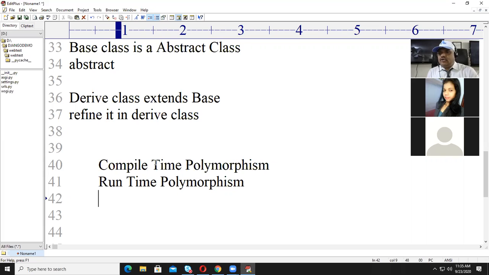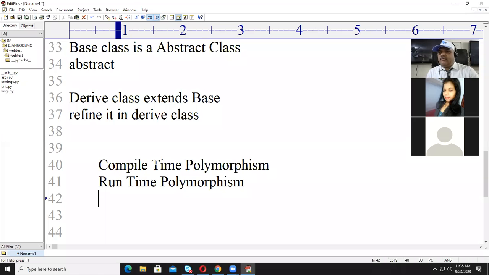Because whenever you create the object of the derived class and give a call to the method, it will call its own method firstly. Are you getting me? And if that method is not available in the derived class, then it will go to the base class. So that is called runtime polymorphism.